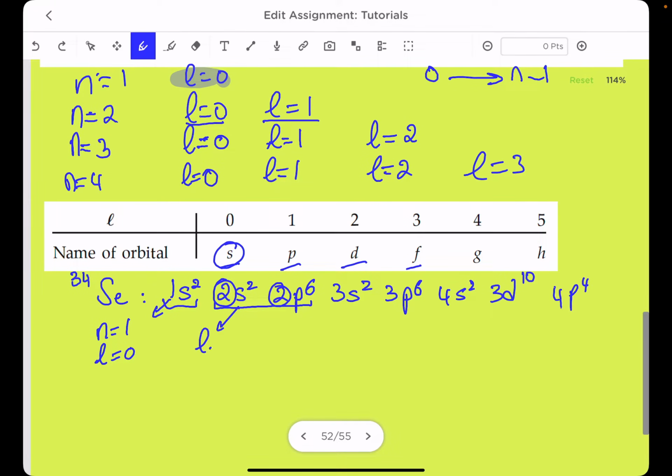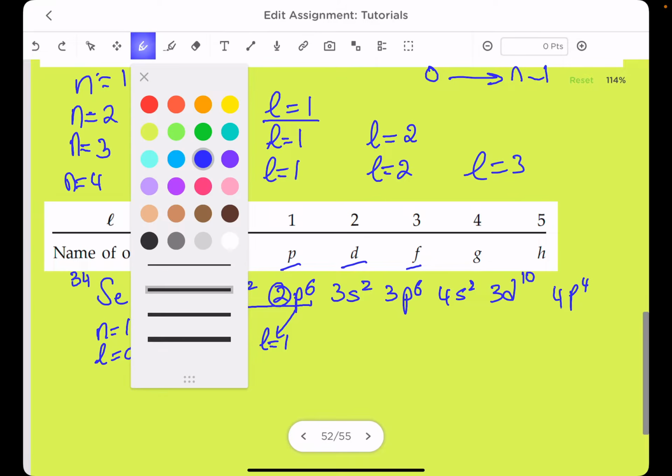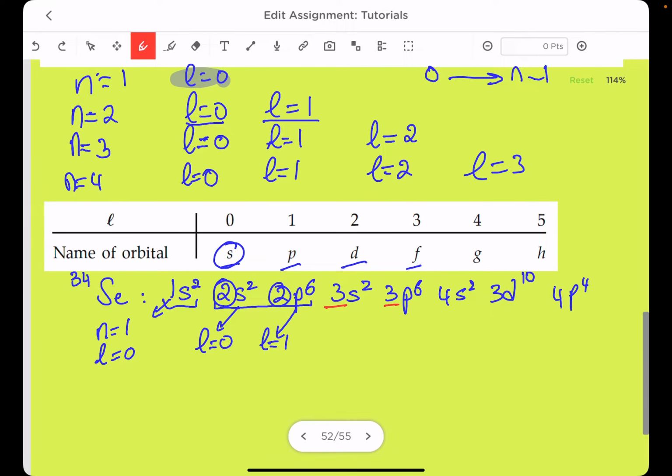So this is L equal to 0 and this is L equal to 1. When n is equal to 3, I have L equal to 0, I have L equal to 1, and I have L equal to 2, filled with electrons,